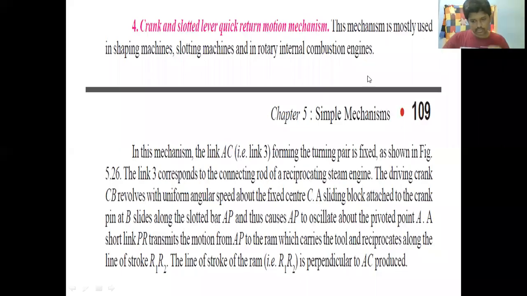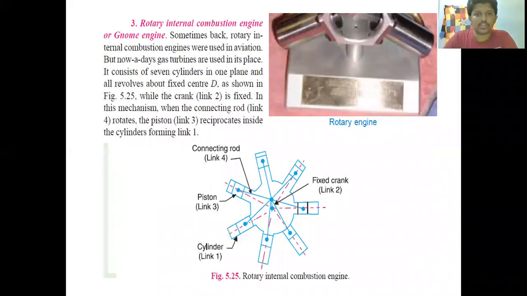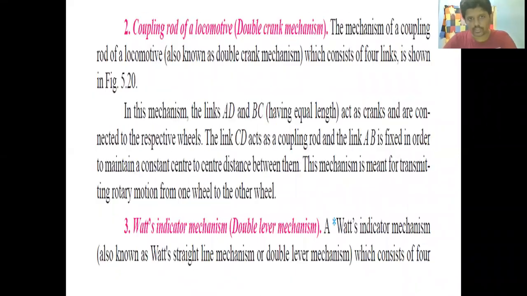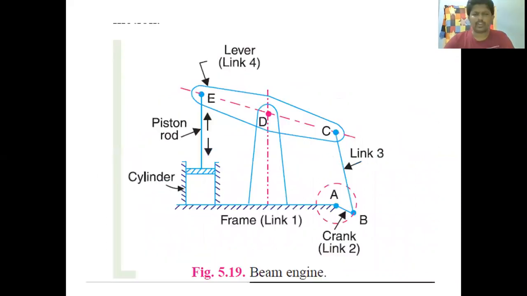Right. Good morning, guys. Today we complete the remaining topics of the simple mechanism or the basic link mechanism of the COM. But I'll just go through simple points which we already covered in the previous topics, which is inversion mechanism, which is the most important thing for anything. We define what a mechanism is. A mechanism is something in which at least one of the links is fixed. If any one of the links is fixed, we define it as a mechanism.